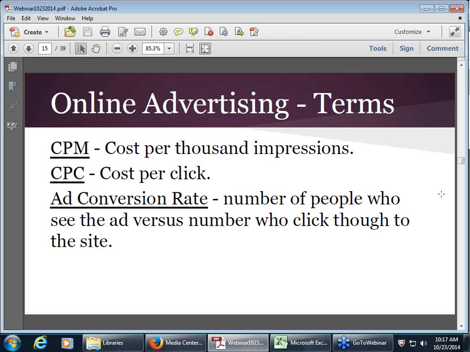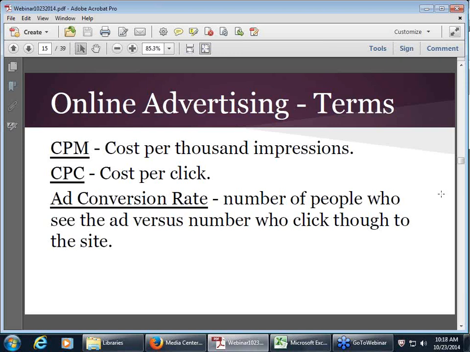So CPM is the cost per 1,000 impressions. CPC is the cost to have one person click on your ad. There are benefits and disadvantages to both of these. CPC is performance-based, so a lot of people prefer CPC if they're looking to get a specific action out of their audience. But there's also a fair amount of businesses that use CPM advertising, which means you just pay for the number of people that see your ad because they're just looking to build presence and not necessarily looking to specifically get an action from the consumer on the site.